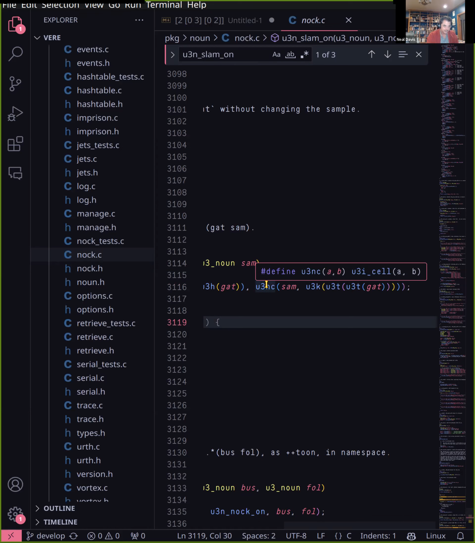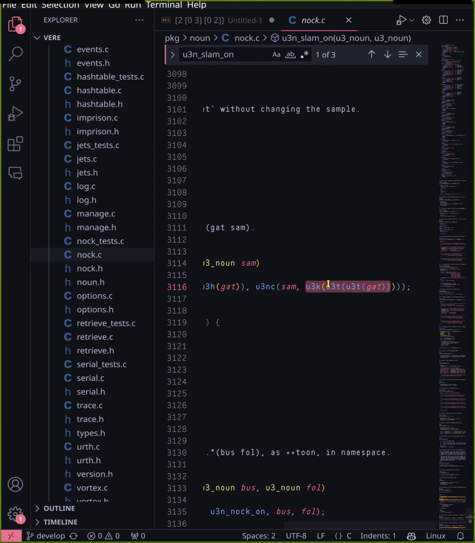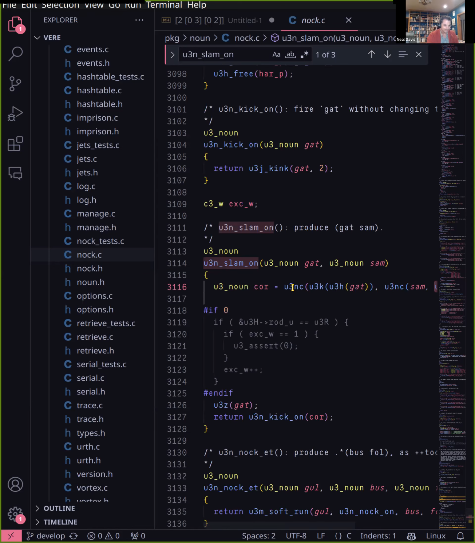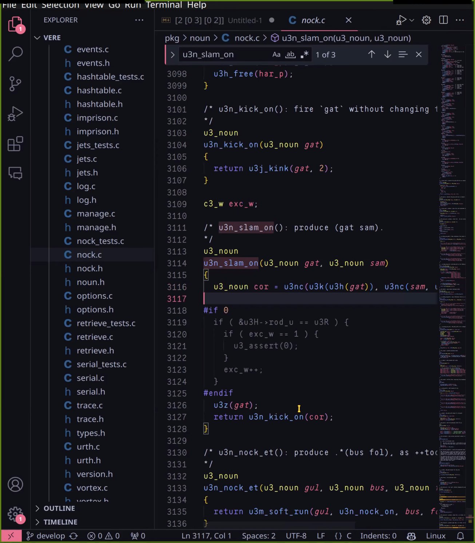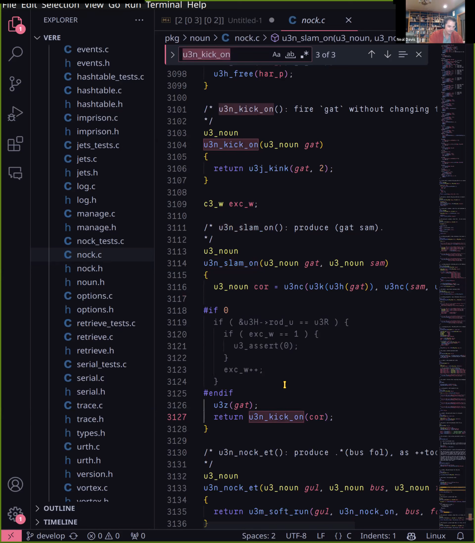The tail of the tail, this is the context. Okay, so we're making a cell of our sample in our context. Then we're running kick on, but ultimately this all ends up at U3N noun on,